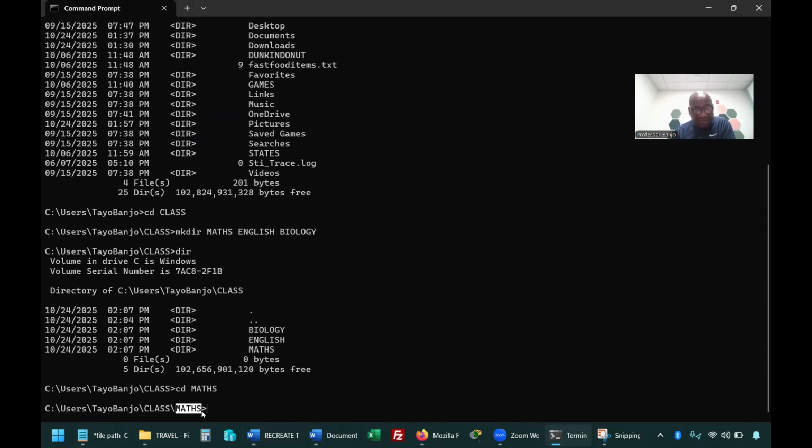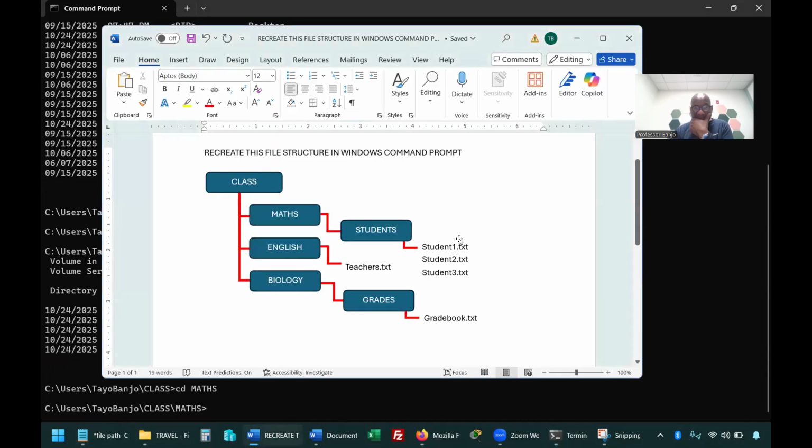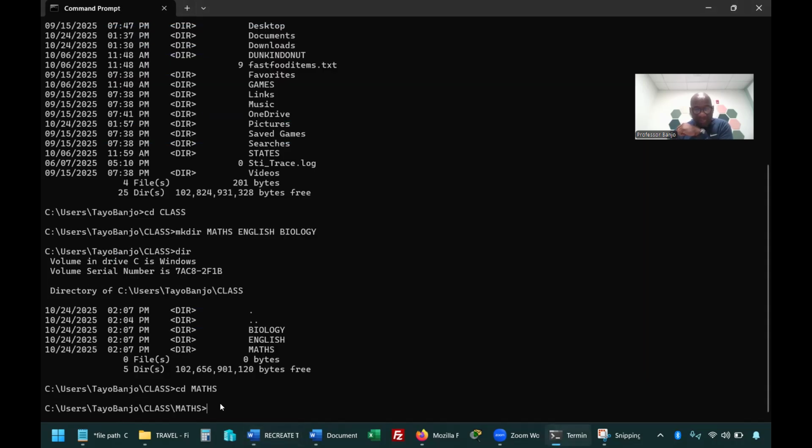So very important to pay attention to the prompt. So now you're in the math folder, what do you want to do? You want to create three text files, student one, student two, student three. All right, so here's a new command. So far we've used cd, we've used dir, we've used make directory. When you want to make a file, echo,